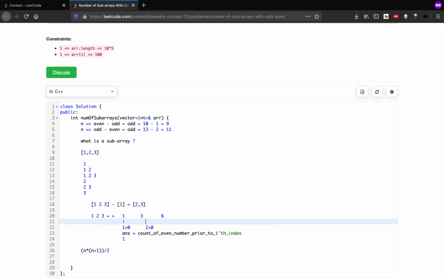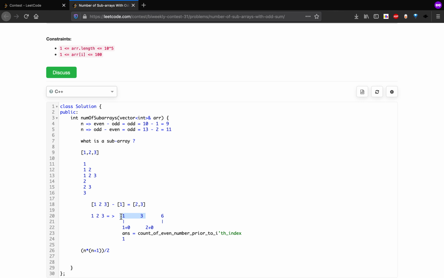Now we come to this index. This is an even number. So in order to make it odd, we need to subtract odd numbers from it. We can't add 1 here, because the sum of the subarray till here is even. So we just need to check how many odd numbers exist before this.